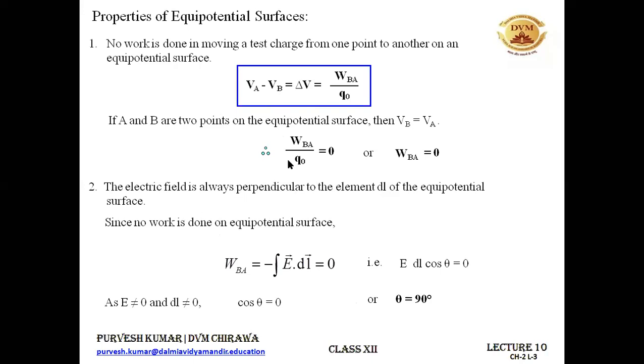We have utilized the proof for property 1 in this, that is, no work is done in moving the charge on an equipotential surface, and then we have used the formula for the work done, that is F dot dl, and we have assumed that we are moving a unit charge. That's why F becomes equal to E for unit charge. Q into E is equal to F. The value of Q is 1, and then E dot dl, when you expand this dot product, is E dl cos theta. So of these 3 terms, one has to be 0. E cannot be equal to 0. dl cannot be equal to 0. Then cos theta is equal to 0, and it comes out to be theta equal to 90 degrees. Okay.